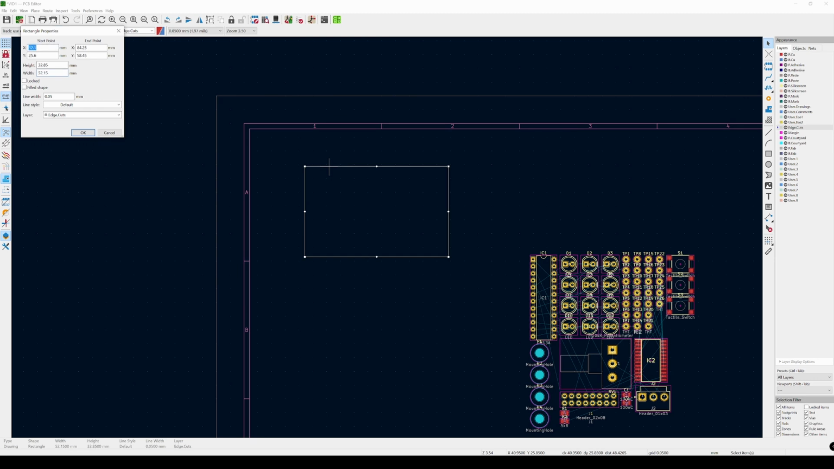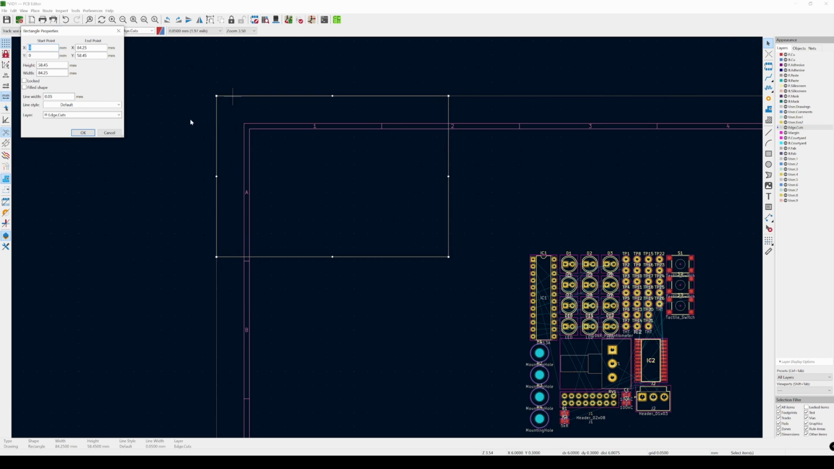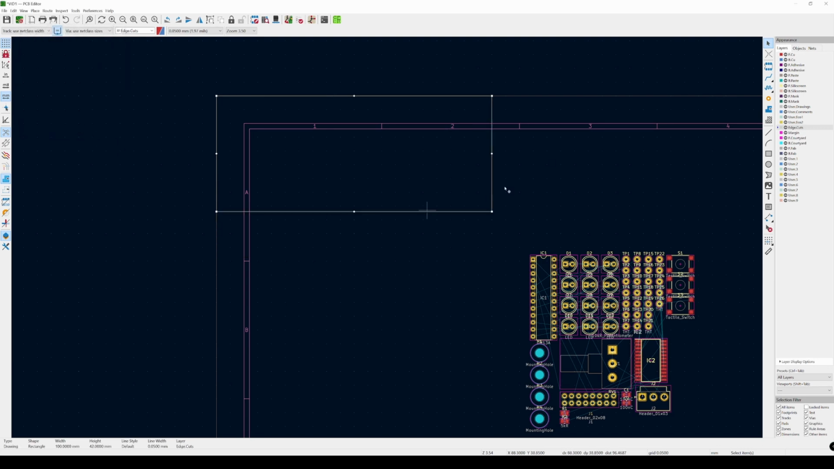What I want to do to keep things simple is set the starting point to 0, and then you can see that it jumps into the 0 at the corner of the page. And then we want to set the height and the width to what we want them to be. For our PCB, we're going to be looking at 42 millimeters by 100 millimeters, and that's the PCB. Now, I know it's a little bit annoying that it is on the side here. I'm not sure if there's a way to set the origin a little bit better. Maybe there is, but